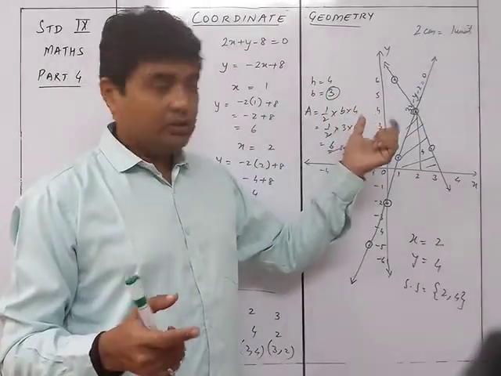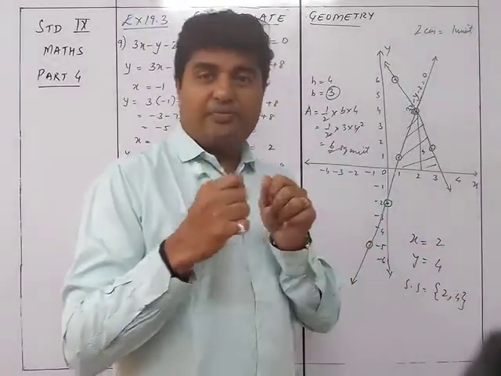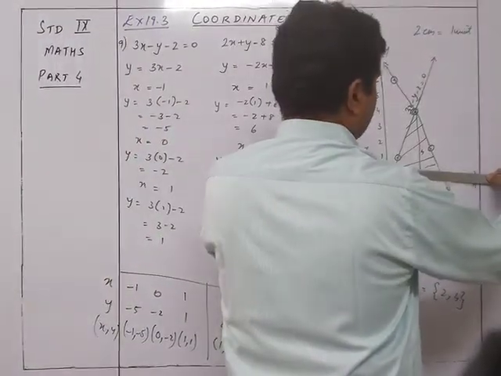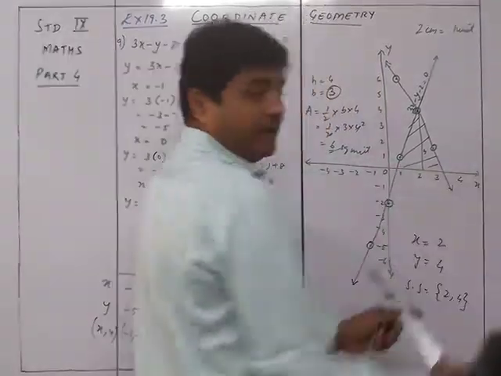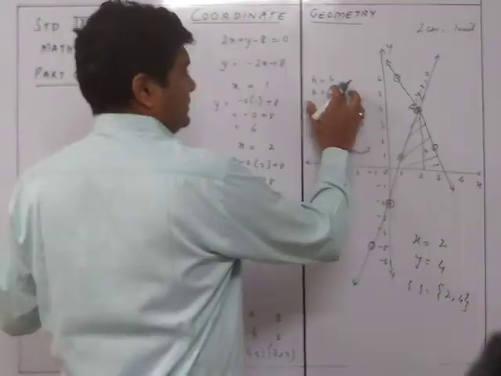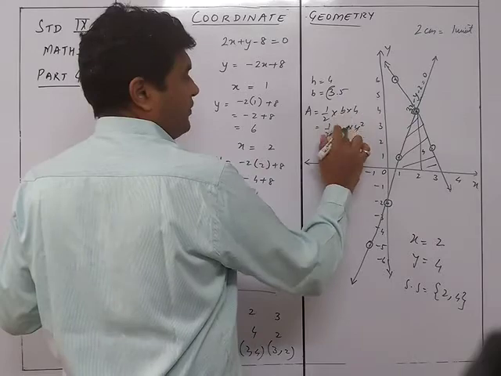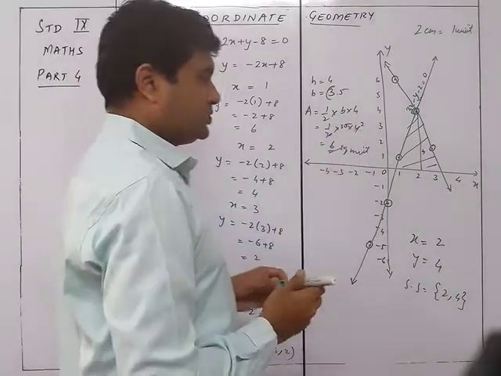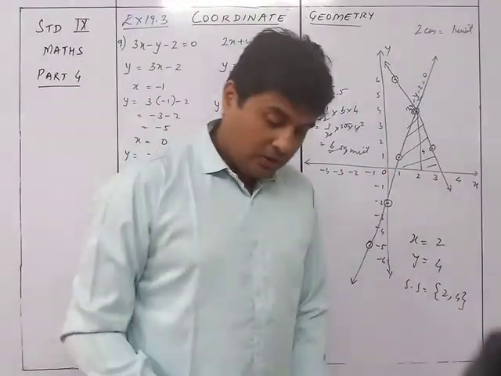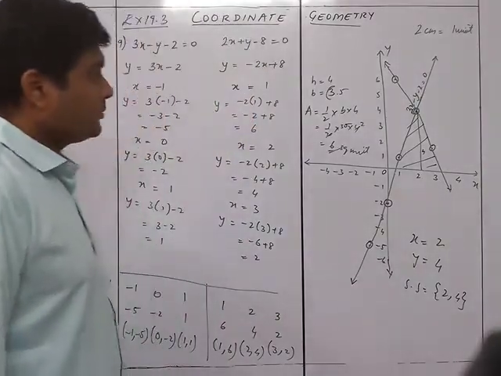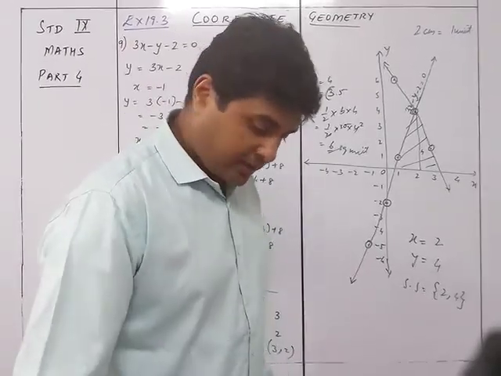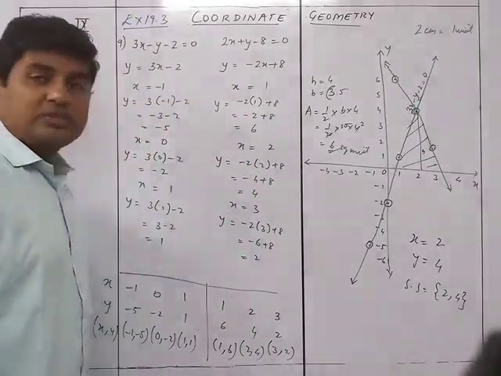Okay. So suppose this distance over here, if you take a ruler, I'm going to take a scale and measure this, and I come to know that this distance from this point to this point is, let's say, 7 centimeters, then I'll take this as 3.5. So it will be 3.5 over here, and accordingly I'll be getting the values over here. So this is how we are going to find out the area of the triangle with the x-axis. So whatever value you are getting over here will be the answer accordingly. So that was sum number 9. We now move on to sum number 11.